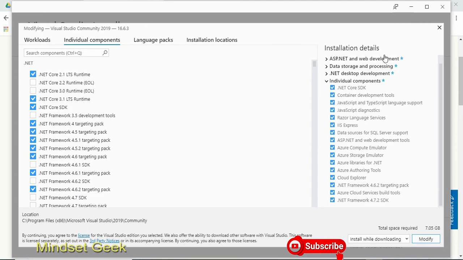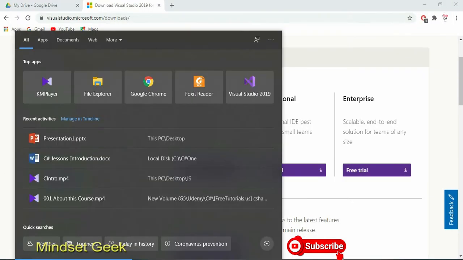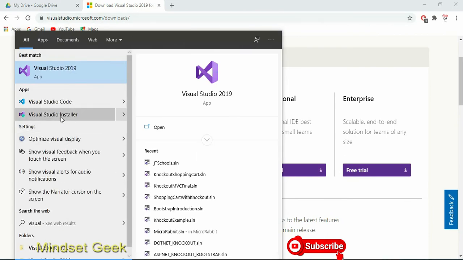The next part is how to install extensions to your Visual Studio, right? Close this because I already installed it, that's why I close. Then open your Visual Studio. If you want to change your installed packages, you can click this Visual Studio Installer to get that window again, right?